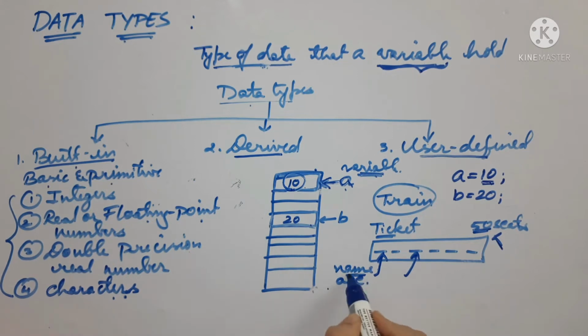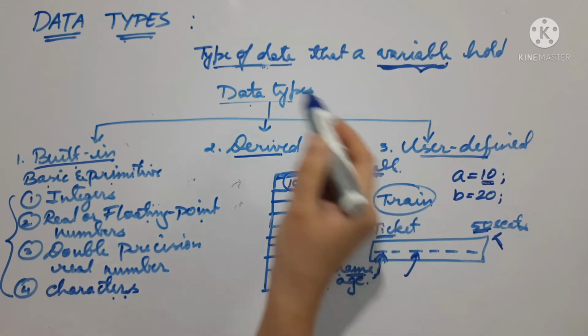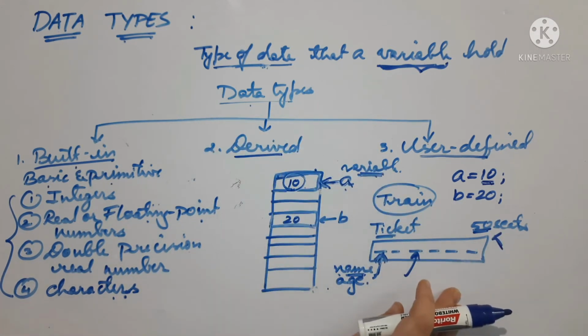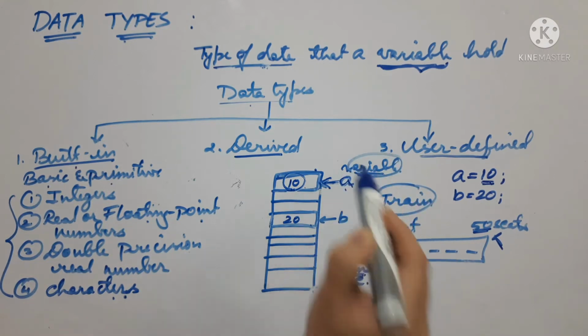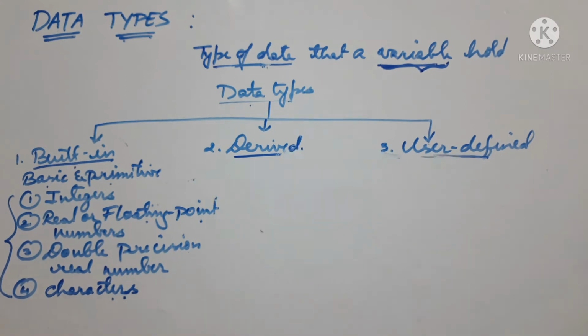Okay, so when you are booking a ticket in your name, who will go and sit? You will go and sit, or some friend or someone else will go and sit? No, you have to go and sit, right? So that is what you have. Always, friends, try to relate the programming concepts with your real life problems. You will definitely remember them throughout. So whenever the variable term comes, try to remember the train tickets. You will always be thorough with it.